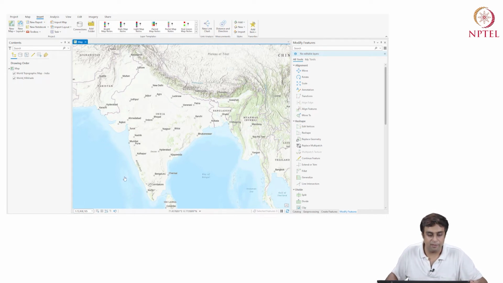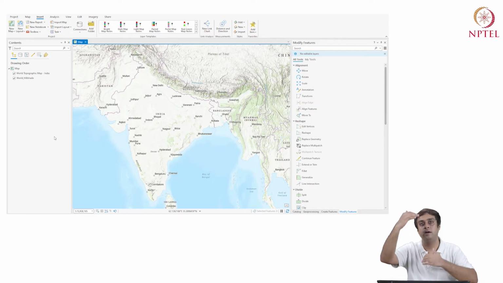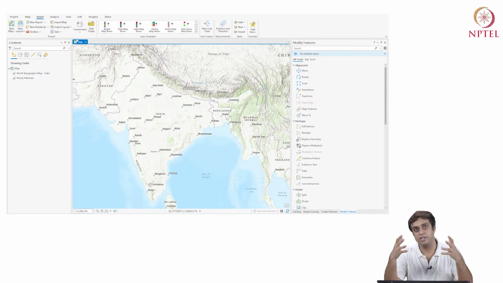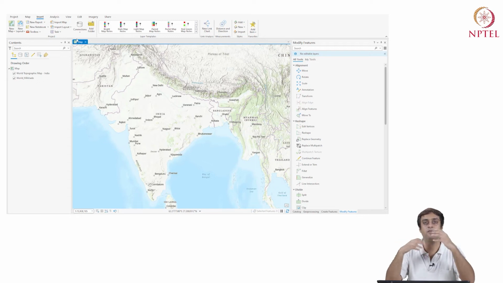So we have a panel. On the left, we have a contents pane. Right, a contents pane means it's a window which has all the contents that are listed on the middle screen, which is called the map. The map sort of stores or arranges the data in layers. Okay, so if you've worked with some other layer-based software, you would be aware that when you're working with image data, you're often using this idea of one layer over the other, so you can visualize things, compare, contrast, copy, manipulate, and so on and so forth.